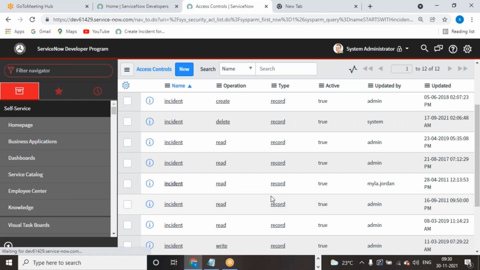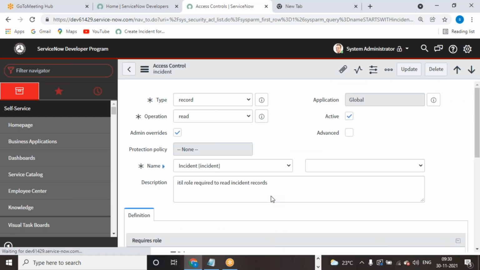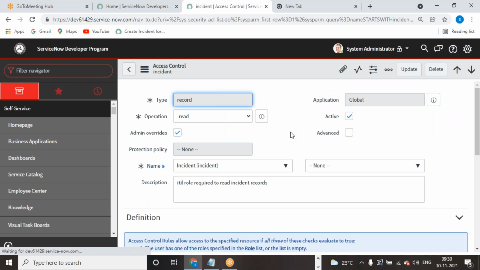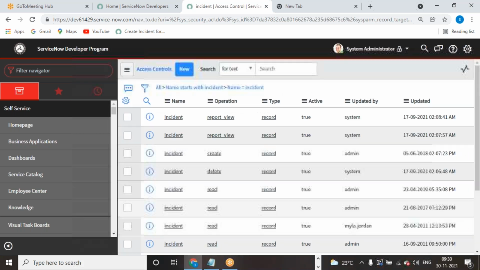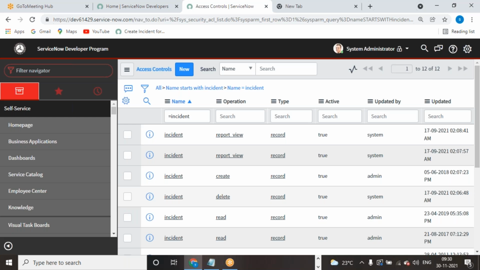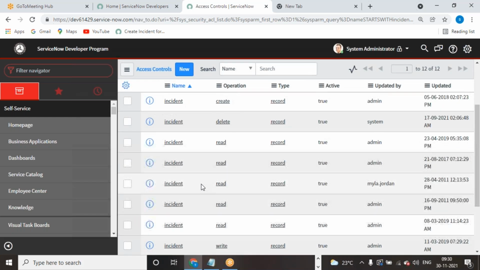And if you go to the third one, role based, condition based, and scripting. Who can read all records in the incident table? ITIL user also will be able to read. That's why ITIL user will be able to create, read, update, and delete, right? And the fourth one is